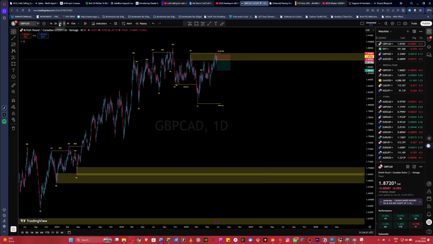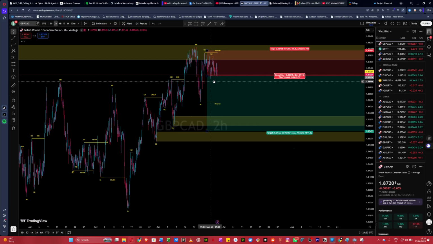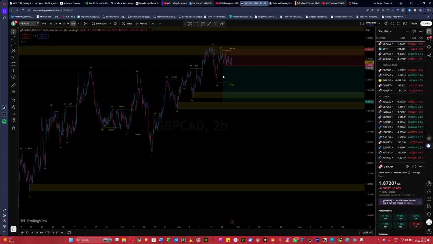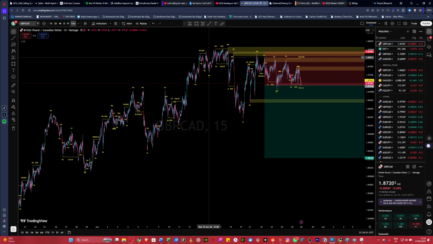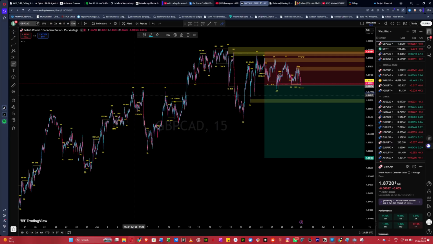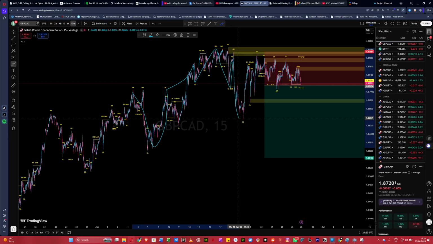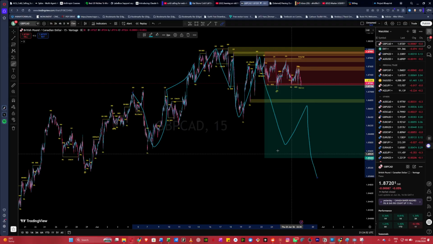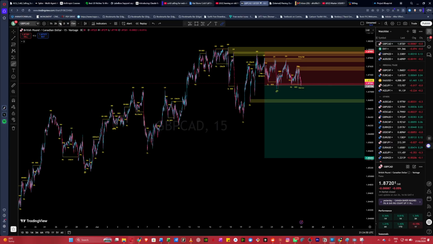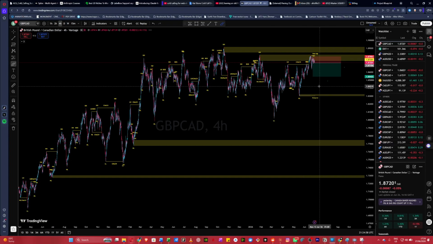Pattern confirmed, daily, 4 hour, everything aligned. So it didn't break structures. It hasn't broken any structures yet. But I said this one. I mean, it kind of, yeah, yes. High, low, let's say high, low, high, and then it breaks. Yeah. So yeah, that's a GBP/CAD, straightforward.